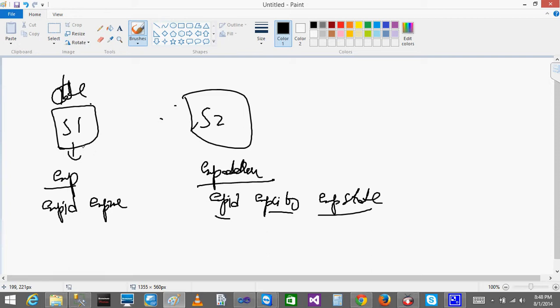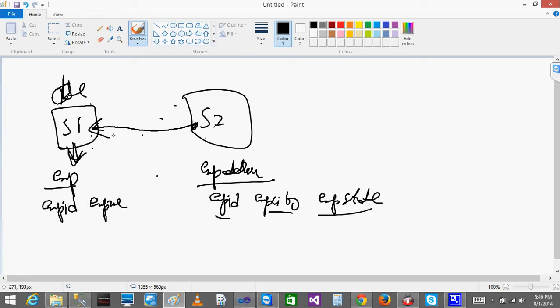So how can you connect the tables between server 1 and server 2? Both are on different servers, and you can do it in two ways. One way is to create a linked server for server 2 on server 1, and then, by using that linked server on server 1, you join the EMP address table from server 2. I think we already covered the linked server, right? That is the one way.